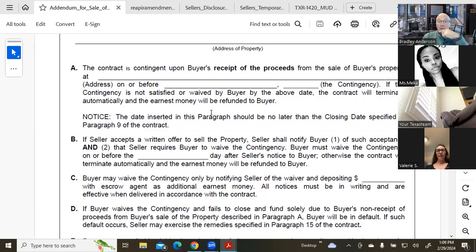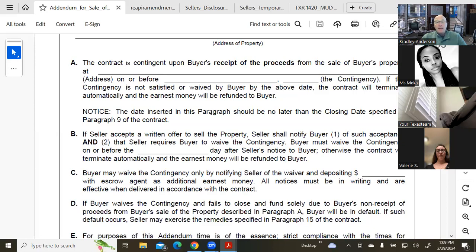So let's go down to paragraph B. Has anyone ever heard of the term active option kickout or a kickout clause? Not many agents know what this is, so I'm here to explain it to you. That's really paragraph B, and it reads, if the seller accepts another written offer on the property while you are under contract with your buyer, seller is going to notify your buyer of that,